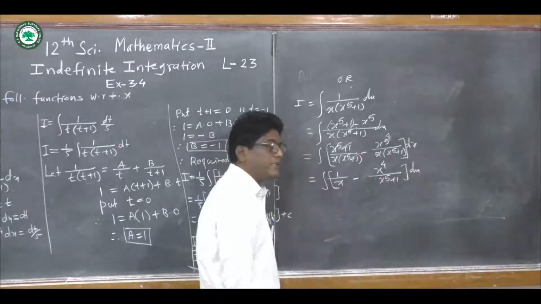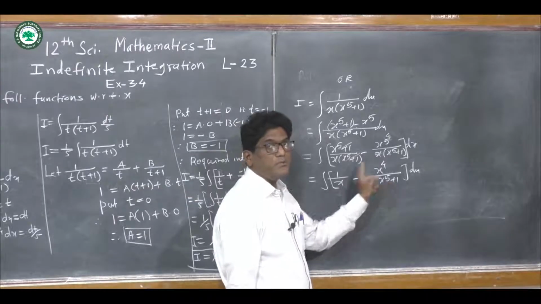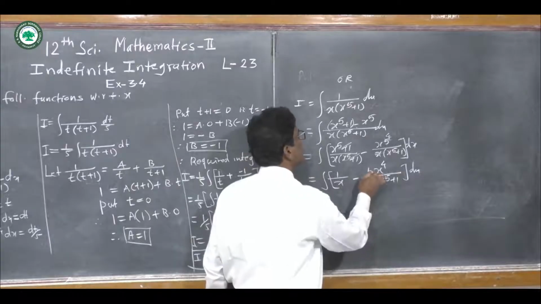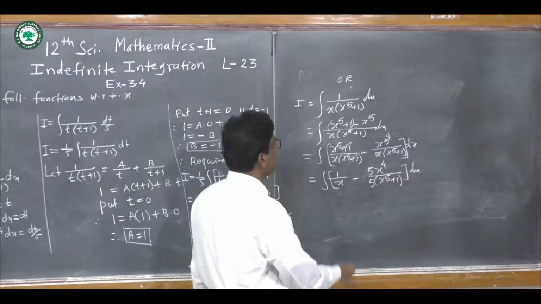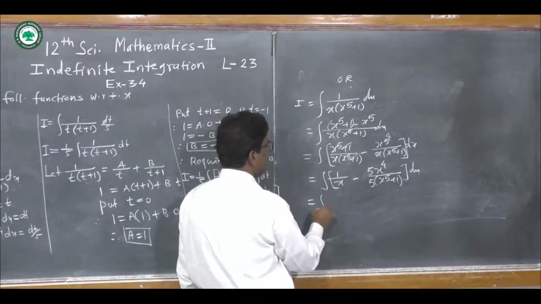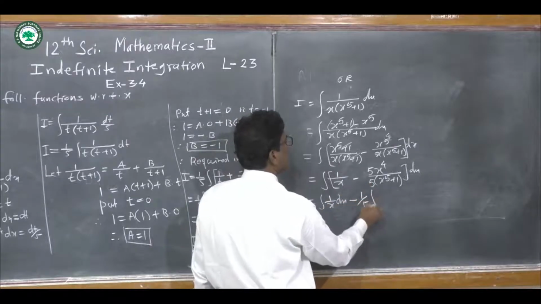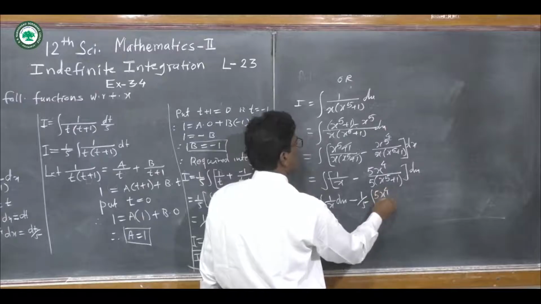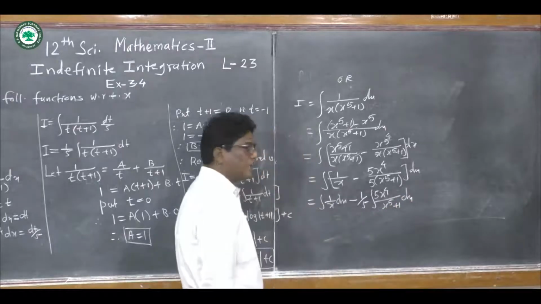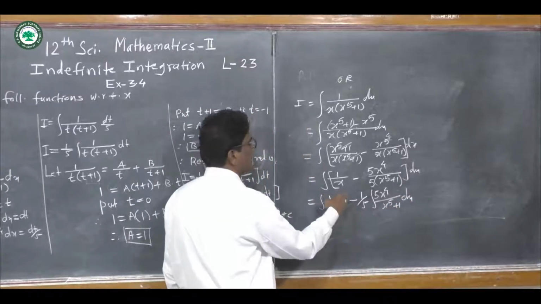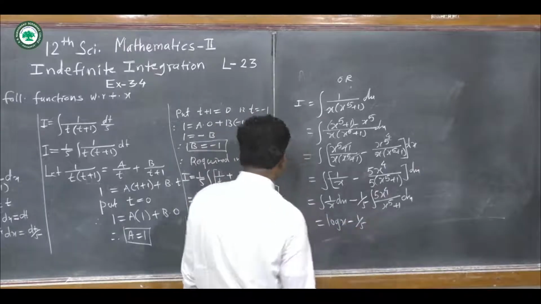Now here if we take the derivative of the denominator, the derivative of x to the power 5 plus 1 is 5x to the power 4. So we adjust here 5, so 5 and divided by 5. Get it? And now here we take the separate integration. So integration of 1 upon x dx minus 1 upon 5 integration of 5x to the power 4 upon x to the power 5 plus 1 dx. And now here integration of 1 upon x dx is log x, minus 1 upon 5